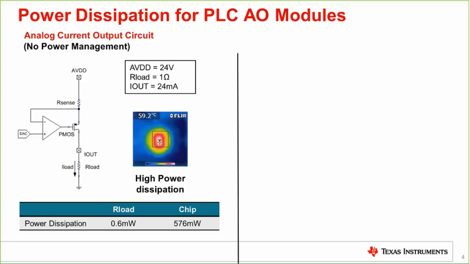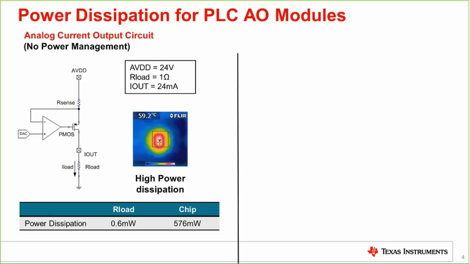And in reality, the sense resistor is quite small for these kinds of circuits, so most of the power is dissipated across this PMOS. The thermal camera image that you see is an integrated circuit that integrates the DAC, reference and other associated circuits, as well as this two-stage high-side voltage to current converter circuit. What you're seeing is the heat as a result of all of this power being dissipated across the PMOS instead of across the load. Altogether, we're consuming nearly 600 milliwatts of power, and from ambient, the integrated circuit is heating up to nearly 60 degrees C.